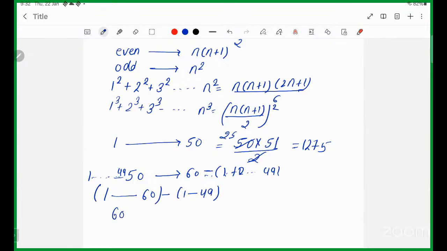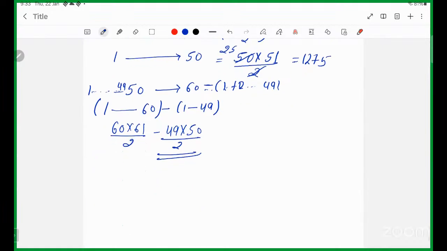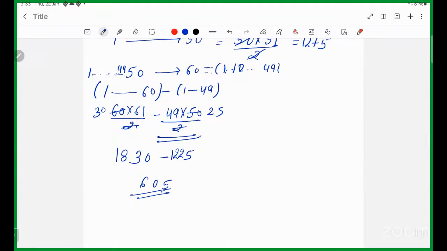So here it will be 60 into 61 divided by 2 minus 49 into 50 divided by 2. Okay. 1830 minus